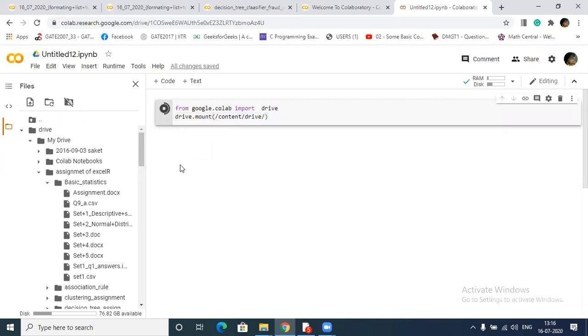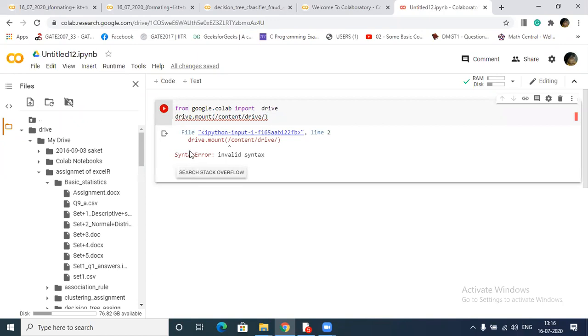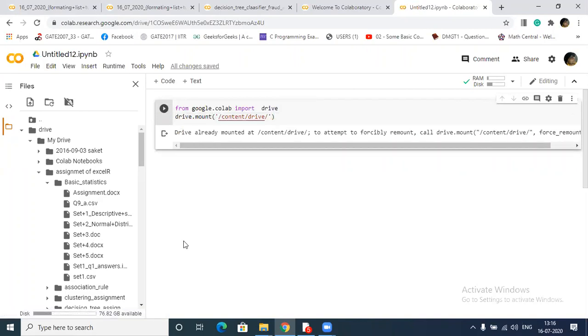When I run this, it will give me something like invalid mount. Oh, sorry, I forgot to. Okay, actually I have connected, right?